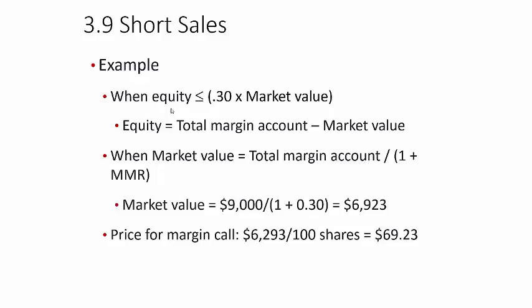So when your equity is less than or equal to 30% of your market value, this is how we calculate equity. Market value is equal to your total margin account divided by 1 plus your MMR. So in this case, your market value is 6,923. Okay? So the price for the margin call,